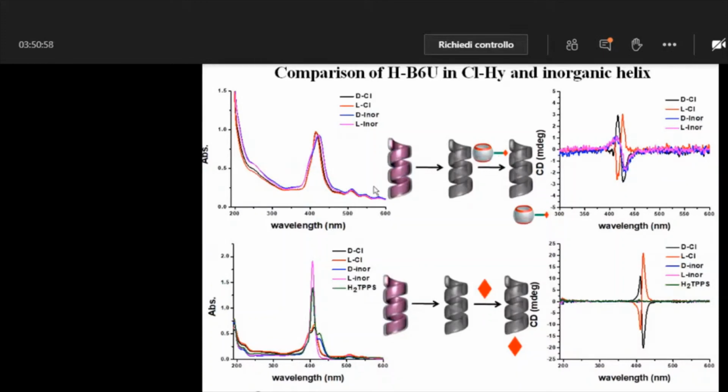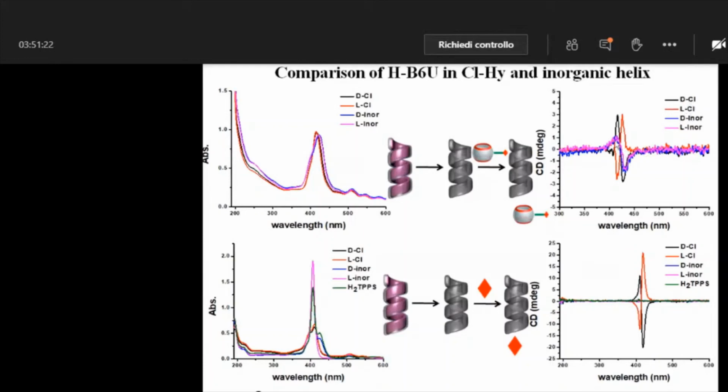So if at this stage there is any CD signal coming from this system, it's an indication that the monoconjugate is actually interacting with the silica wall and with only the silica nanostructure, and not with the organic helix which is present within the silica wall. So interestingly,